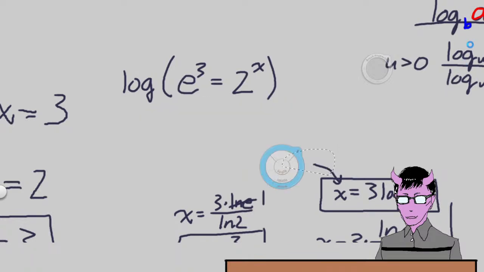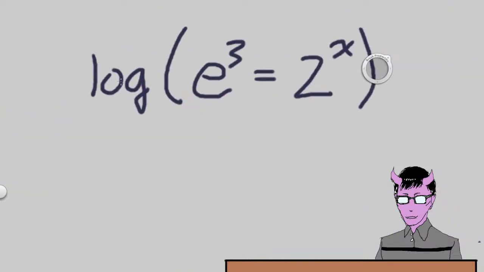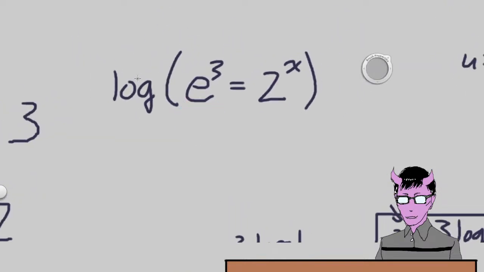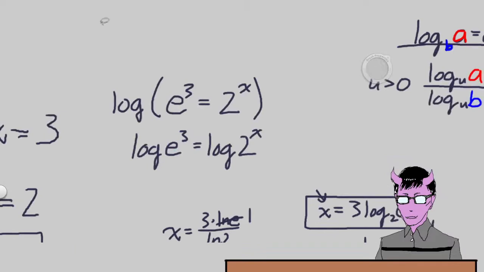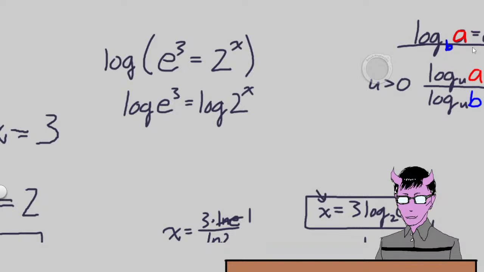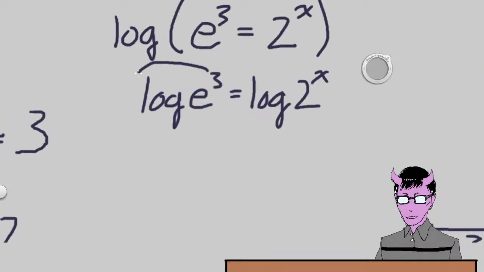Why would you use log base 10? I don't know. Just in case you want to do it. So we're applying log base 10 to left hand side and to right hand side, thereby getting log base 10 of e cubed is equal to log base 10 of 2 to the power of x. So a very familiar situation, because we've already done this problem twice beforehand. So same operations. You could take that 3, slam dunk it in the front, take that x, slam dunk that one in the front. We're going to get 3 times